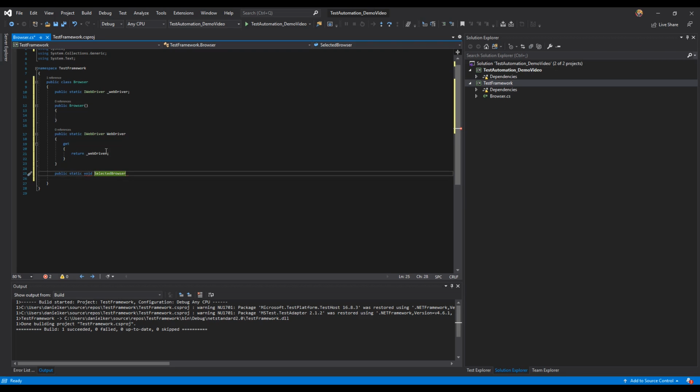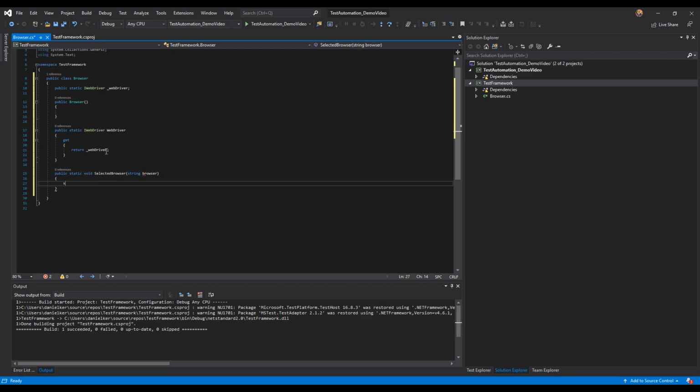Now what we want to do here is create a method, but we want to create a string. So we're going to put a string in here, and this is what it's going to look for. So we're just going to go browser, we're going to go switch browser,